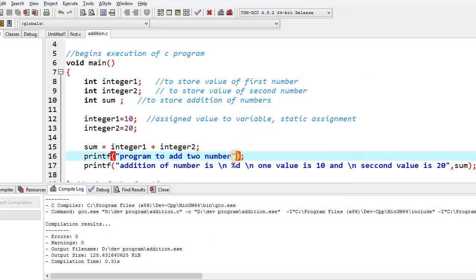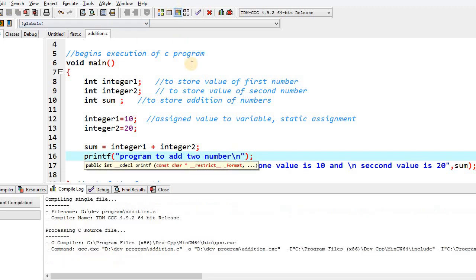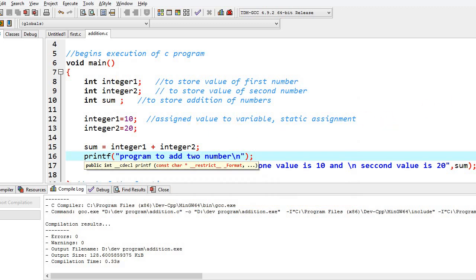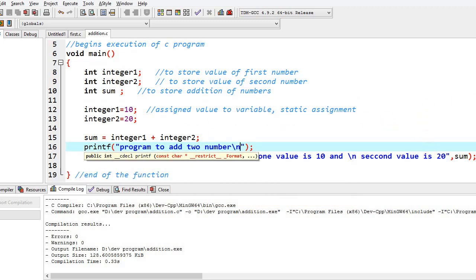Okay, let me add one new line character sequence. Control S. Just compile and run. Okay. Program to add two numbers and addition of number is 30. You can see that. Now you can see two different versions of a printf statement.